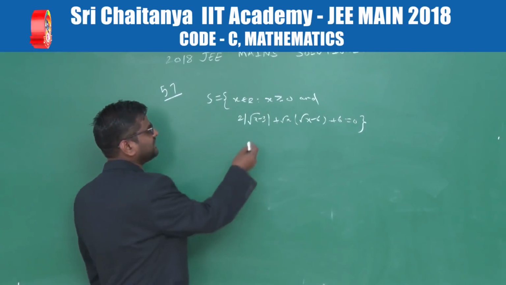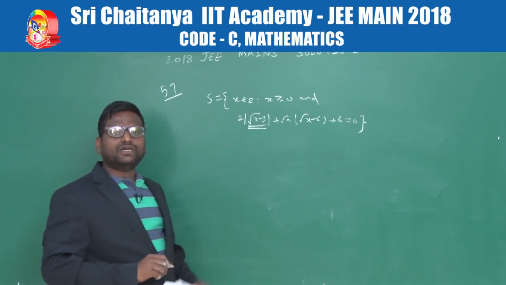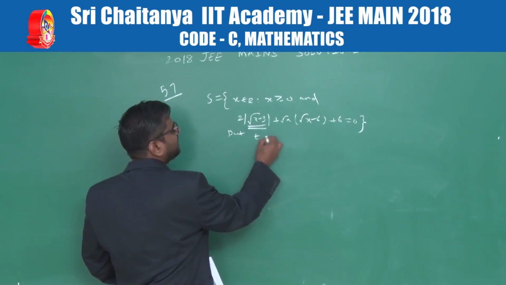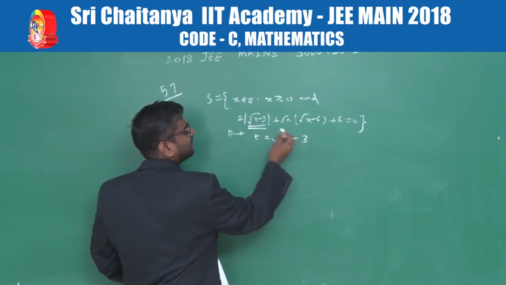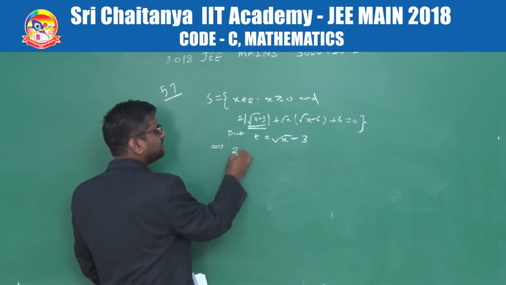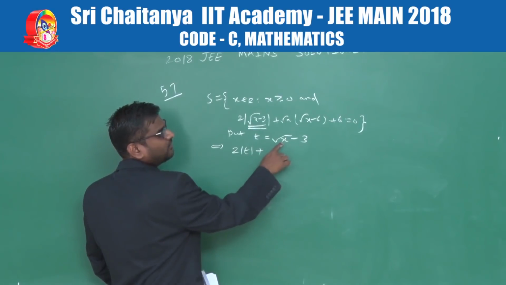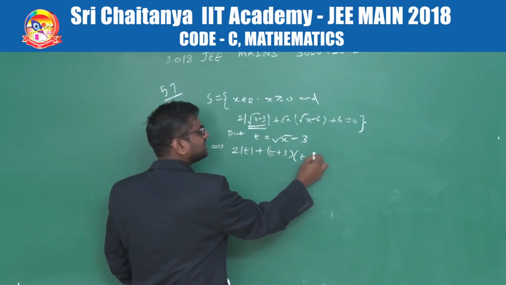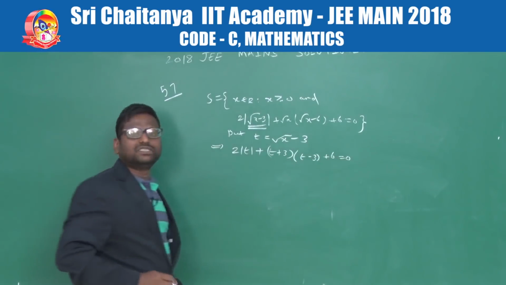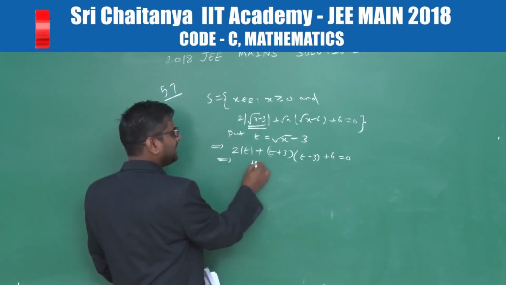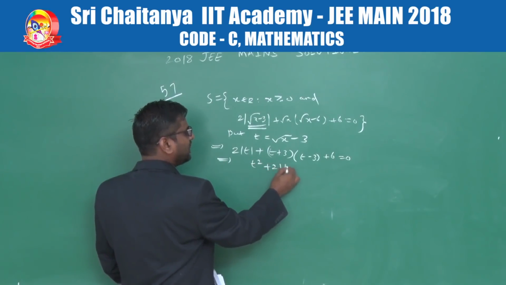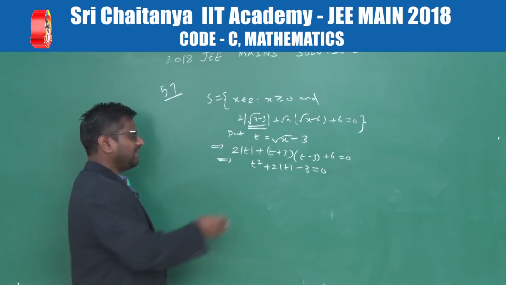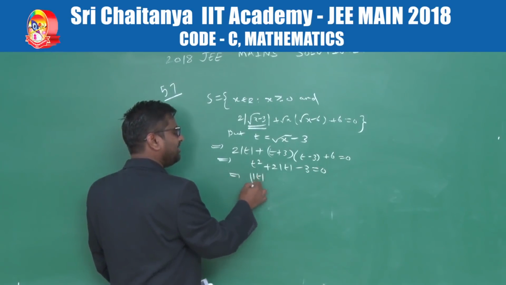The simplest way, as you can see, is we will put root x minus 3 equal to t. So if you put t equal to root x minus 3, the equation becomes 2 mod t. Now root x becomes t plus 3, and root x minus 6 becomes t minus 3 plus 6 equal to 0. Simplifying, we get t square plus 2 mod t minus 3 equal to 0. Now, as you can see, this is a quadratic equation in mod t